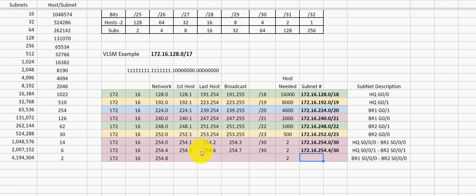And on my last one, I'm going to do 1 more here. 172.16.254. And I'm going to go up 4 more. So that's going to give me 12 here. And I'm going to make this one a /30. And 1 less than 254.12 is 254.11. 1 less than that is 254.10. And 1 more than 254.8 is 254.9. Okay, and so I can write that network ID as 172.16.254.8/30. And so now I have created 3 subnets with 2 hosts each.